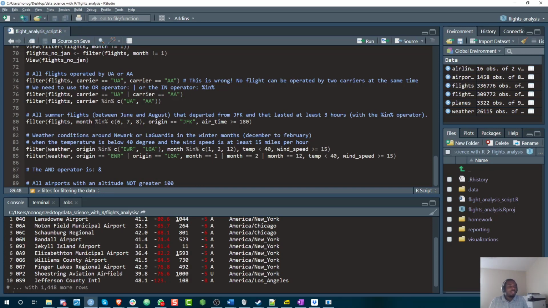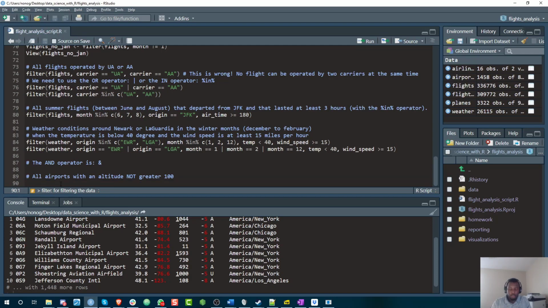Basically what you're saying is less than 100, but in some cases you want to be able to express these thoughts. I want the altitudes that are not greater than 100, instead of saying that you want the altitude that is less than 100. There are many cases like that,